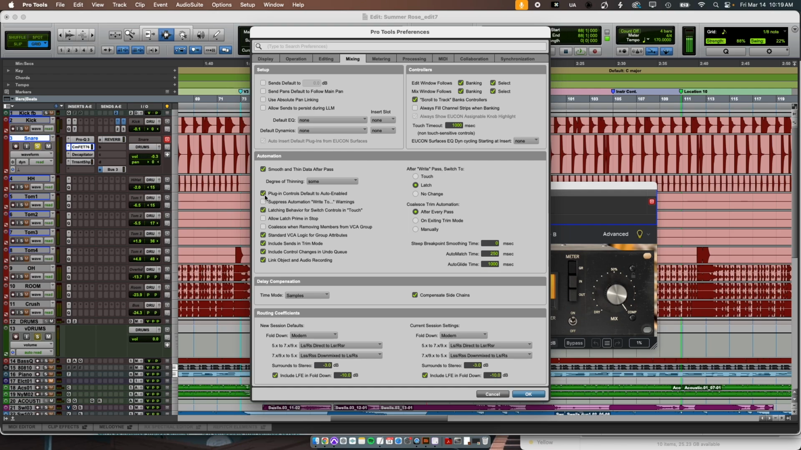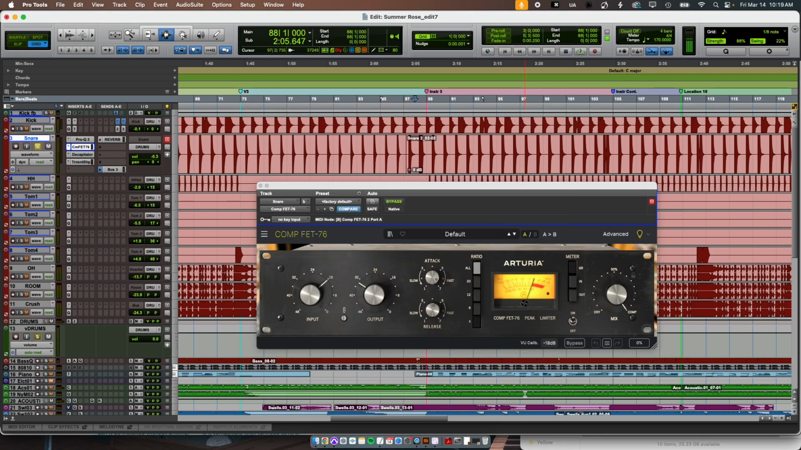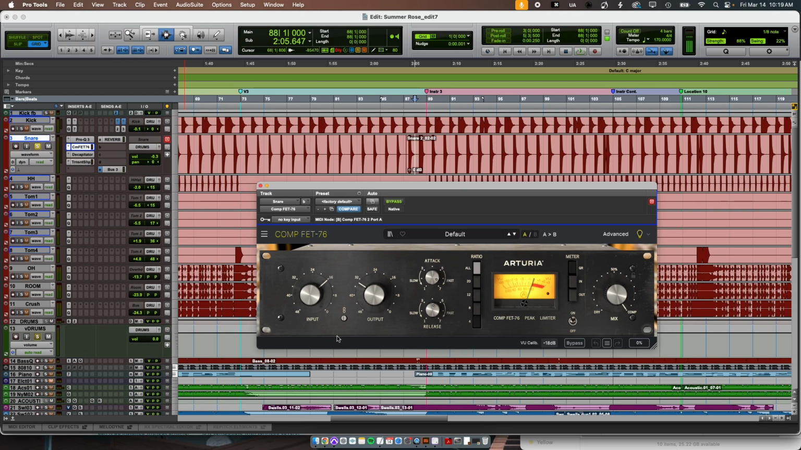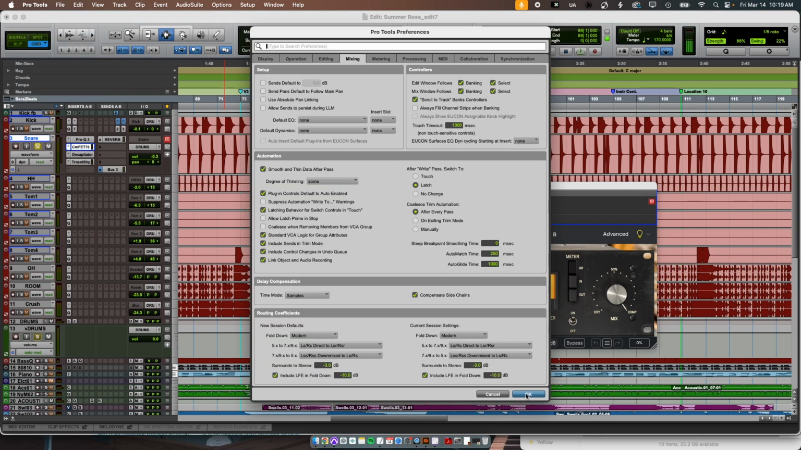As long as this button is clicked, anytime you create a new plugin, it'll automatically make sure every single plugin parameter is automation enabled. I can confirm that by clicking on the waveform of the track, and I can see that everything is automation enabled. If I didn't have that setting on, then what I could do instead is